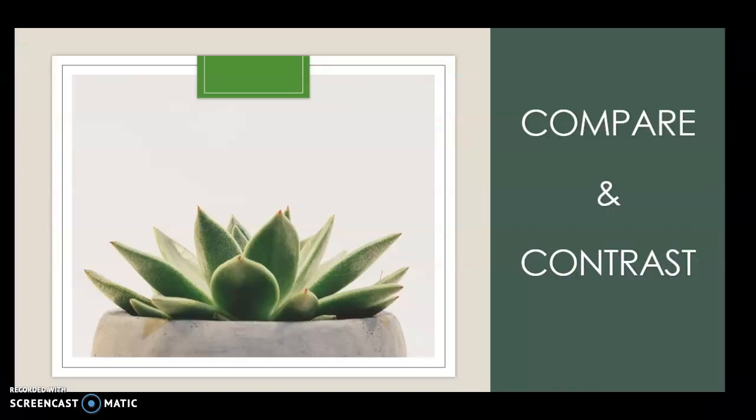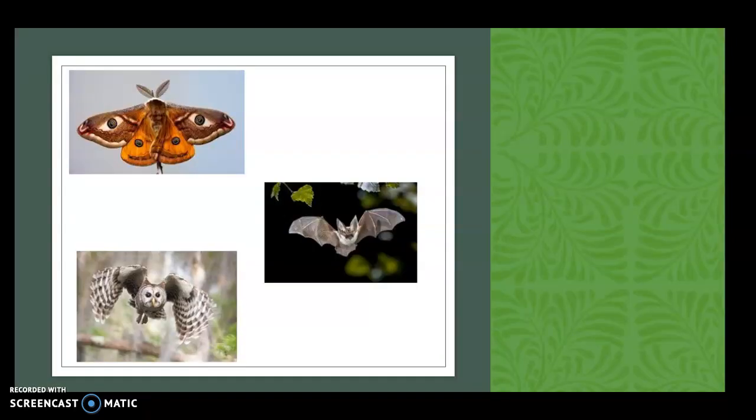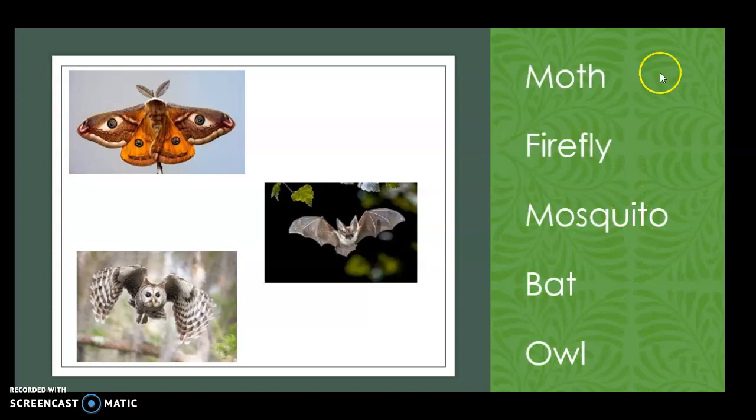To continue talking about compare and contrasting, you will need to work with page 80. But before you read the story about the night animals in the forest, I want to explain some vocabulary words you may have. So we will have a word that is moth. Here is the picture of a moth. Well, it's just one type of this